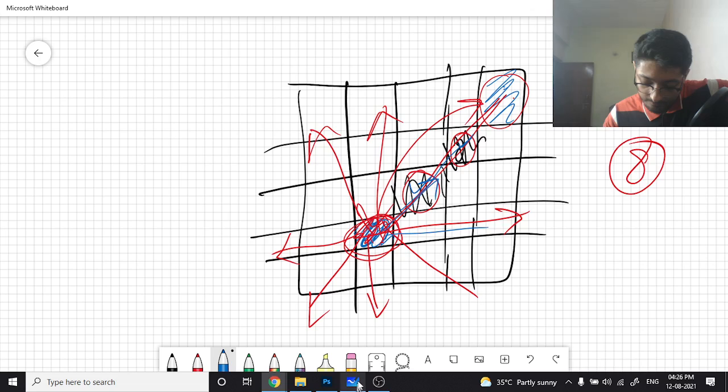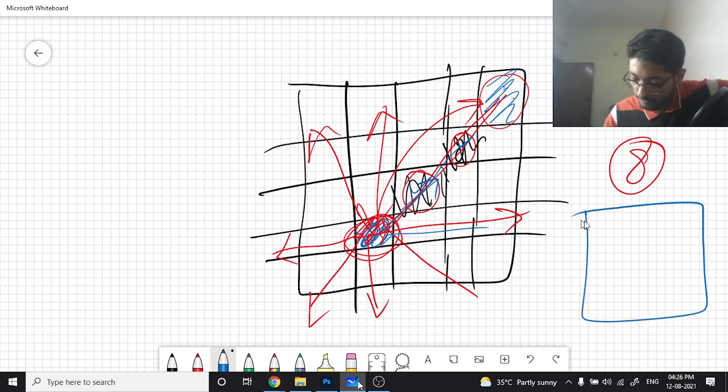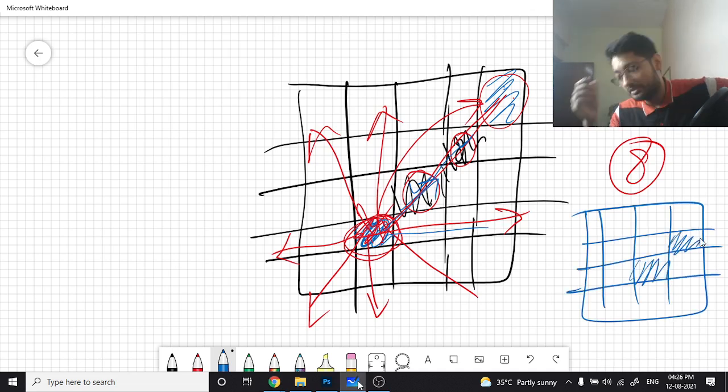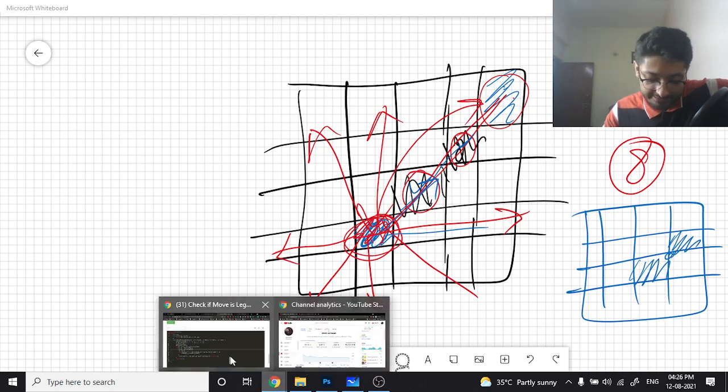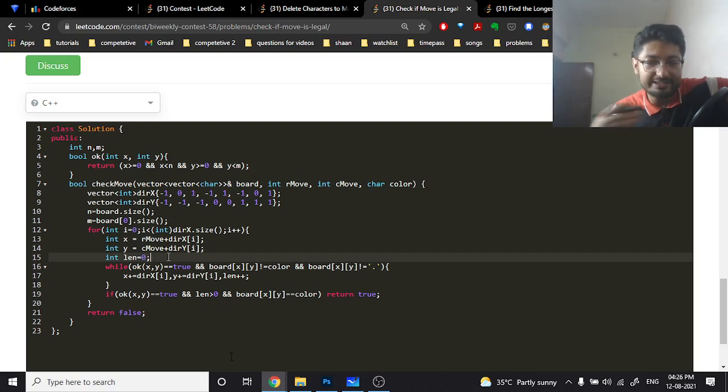It can also happen that you want this to be white and the next one is also white, but this is not correct because there should be some black in the middle. So there's also a length variable. You will do a while loop in each direction and keep moving while the next x, y is in bounds, and also the color of the next x, y should not be the color I want. So if my color is white, then the next color should be black, and it should not be an empty block. Then we'll move to the next block and the next block and so on.